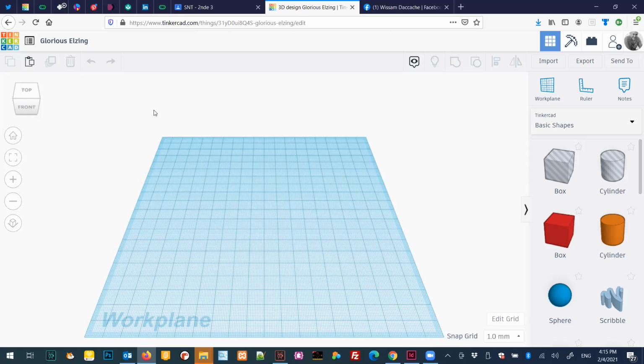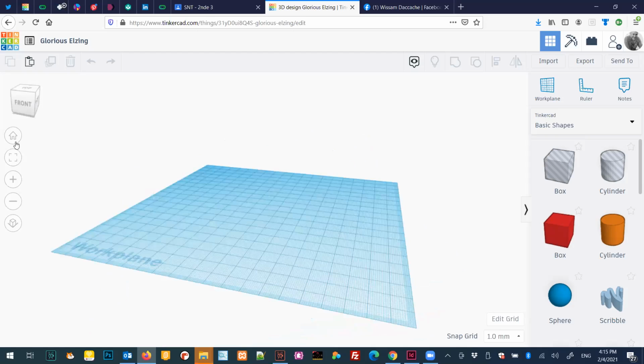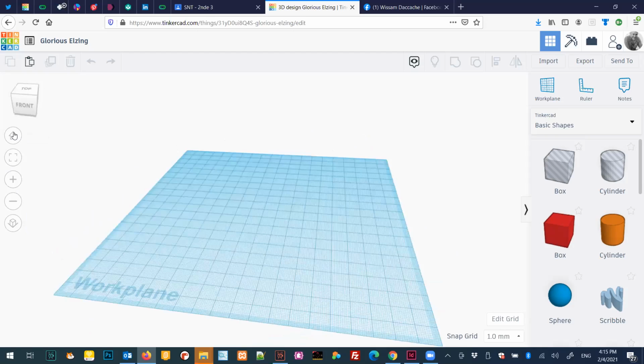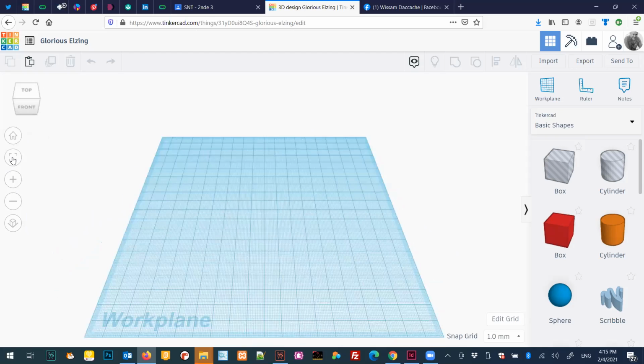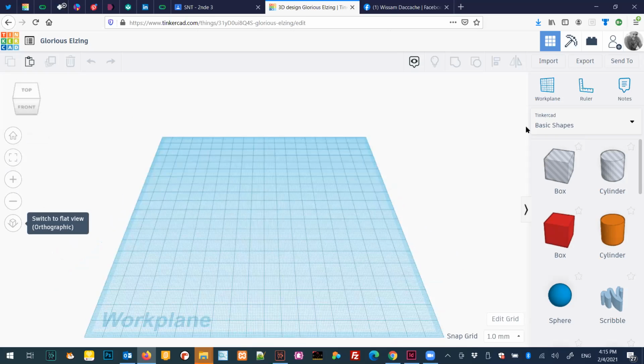So first of all, I have my work plan. I have the button here in order to turn my work plan. I have the buttons of the view, so I can see my work plan from different angles. Okay. And then on the right, I will have my